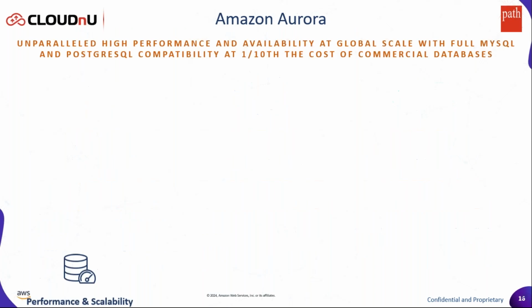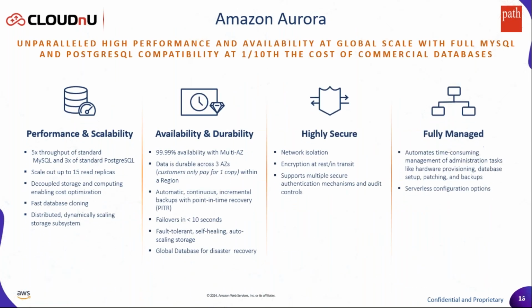So one of the key flagship services in the database space from an AWS standpoint is Amazon Aurora. Amazon Aurora is our own offering, and it comes in two flavors. It comes in a MySQL compatible flavor, and it comes in a Postgres compatible flavor. And when we say compatible, it's 100% wire compatible. You can literally take a database backup of MySQL or Postgres and drop it in Aurora, and you can run the application without changing a single line of code.